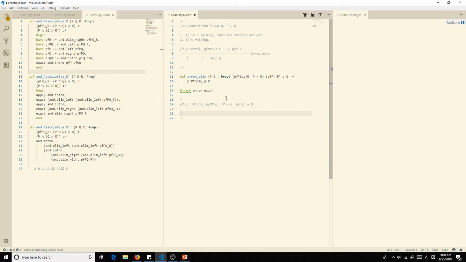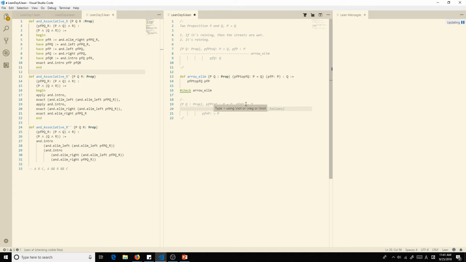Draw some lines in here. And what are we going to get out of this? We're looking for proof of not P. Now this is like modus tollens. Probably butchered that one as well. Let's just call it that because it'll be easier.